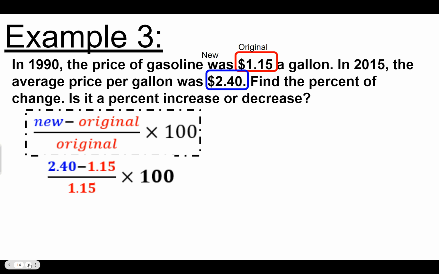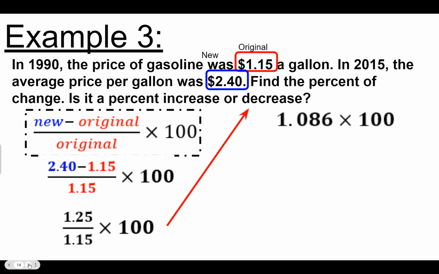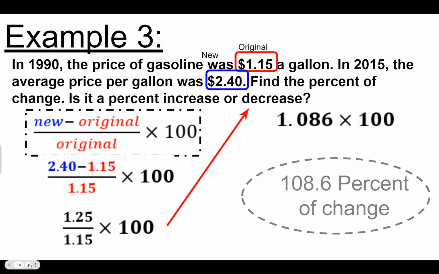I'll go ahead and do my subtraction first. 2.40 minus 1.15. That gives me 1.25. Now I'll divide it by 1.15. Again, just doing this all on my calculator. That gives me 1.086. I just cut it off after 3 numbers. And it's okay that there's a number in front of the decimal. That's totally possible. Because when we multiply it by 100, we actually get